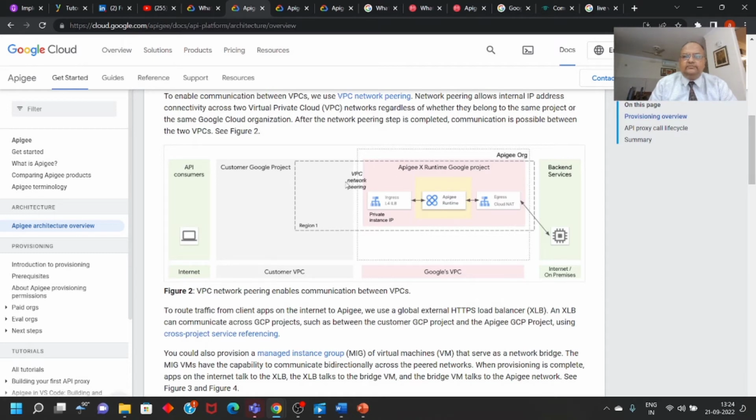After the network peering step is completed, communication is possible between the two VPCs. So VPC network peering is required. This is the APG organization. There is the APGX runtime Google project. The runtime is here, the APG runtime. Network address translation. This is showing ingress, load, private instances, IP, load balancing. And these are the backend services. There is the customer cloud and there are